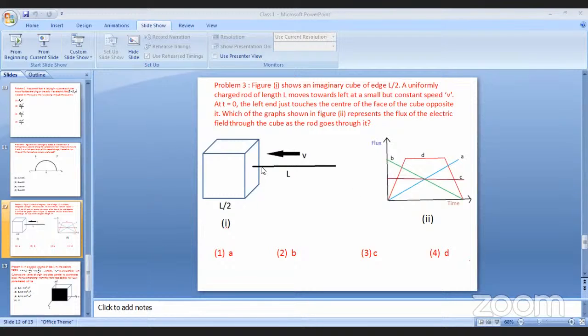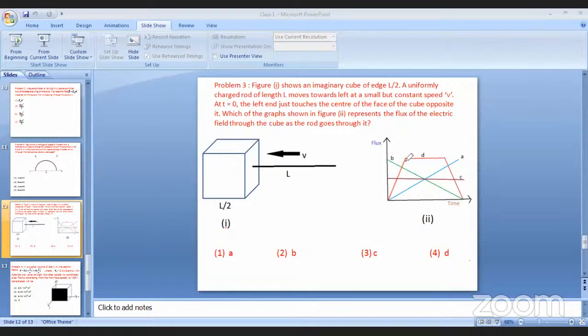And when the charged rod starts entering the cube through this face, the electric flux through the cube actually increases. Since the charged rod enters the cube, the flux increases. So that's why you have the graph pattern like this. As you can see, this portion of the graph tells you that as time goes on, the electric flux through the cube increases because the uniformly charged rod enters the